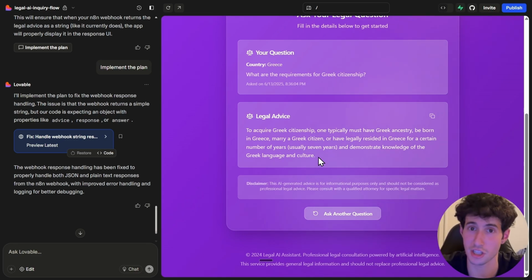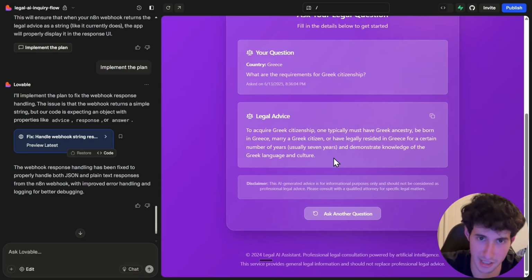And now we can improve this app even further. We can store all the questions over here inside the database so the user can have access to them whenever he wants. For that, we would use Supabase together with Lovable, and we could even add in more features and turn it into a full-on AI SaaS, which is exactly what I show you how to do